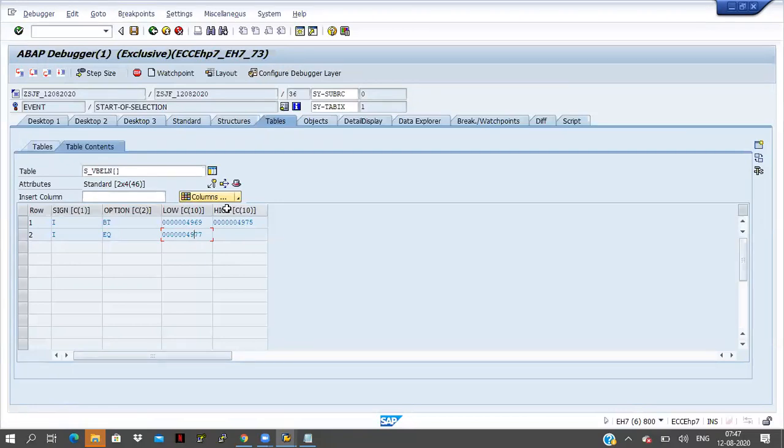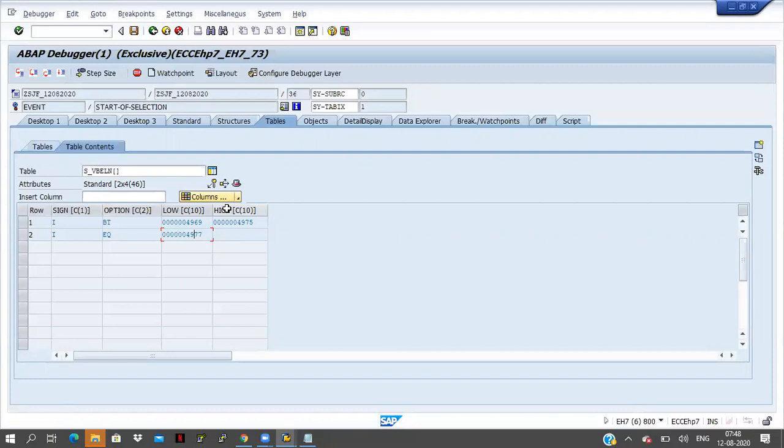So whenever you declare the select options, by default it will create one internal table with 4 fields: sign, option, low, high. Sign will contain include or exclude only, I or E. Option will also contain two characters only, between or equal to, BT or EQ. And low and high will depend on our data type. For example, if I take the select options for VBELN, that is character 10.